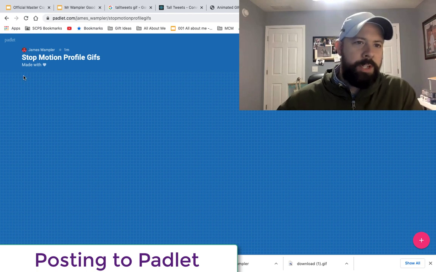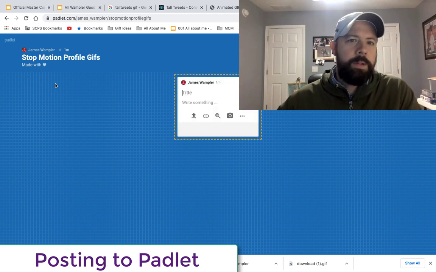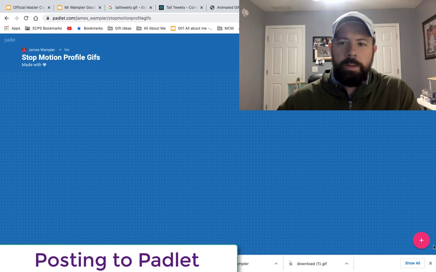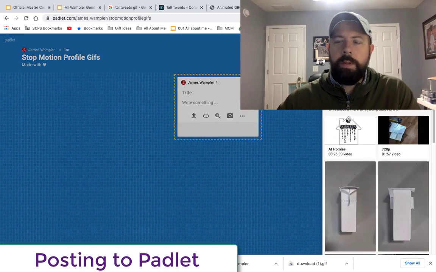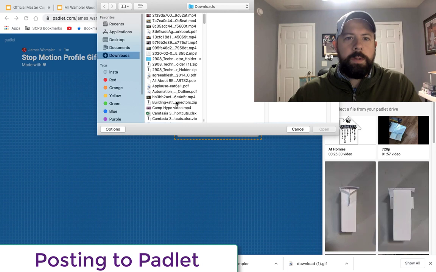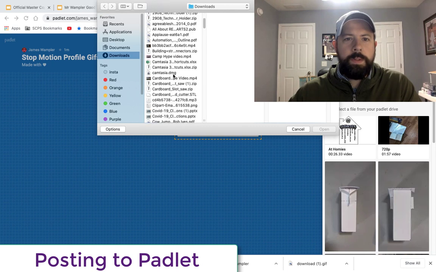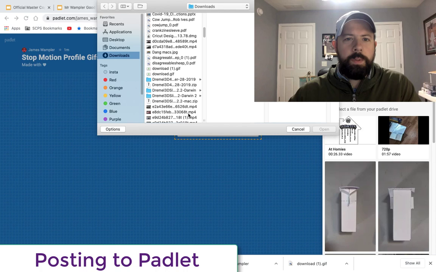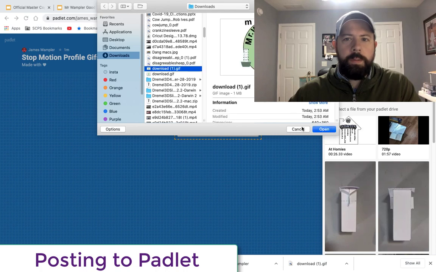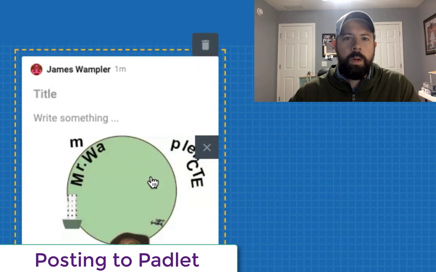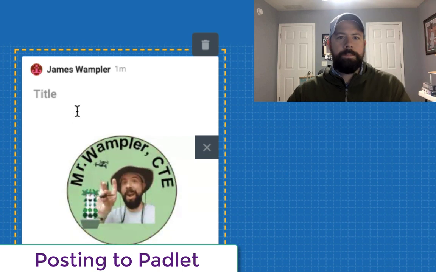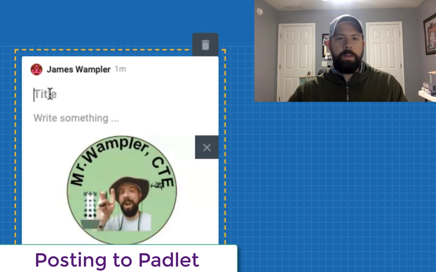Okay, so the way you post a GIF to Padlet is you can either double click to start your post, or you can click on this plus sign. Either one works. And you're going to upload your file. So upload, and pick your file. And mine's called, I'm going to use the download from Tall Tweets. You can change the name if you want to, but I'm just going to, that's what it's called. So I'm going to take that one. I'm going to open it. All right, there we go. So I'm going to call it